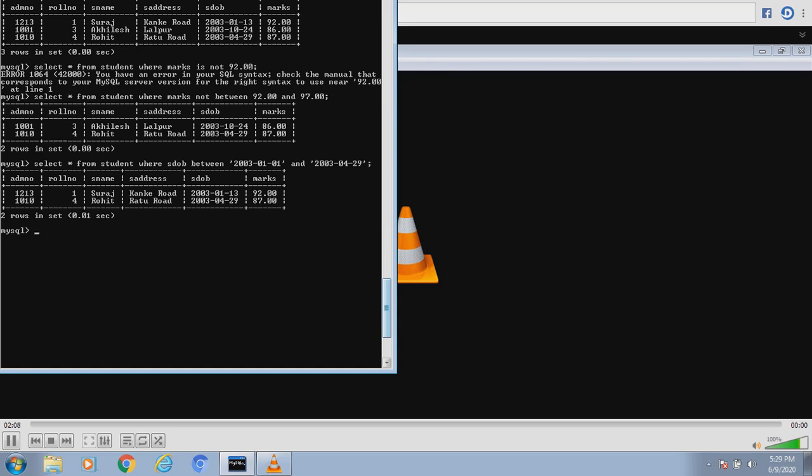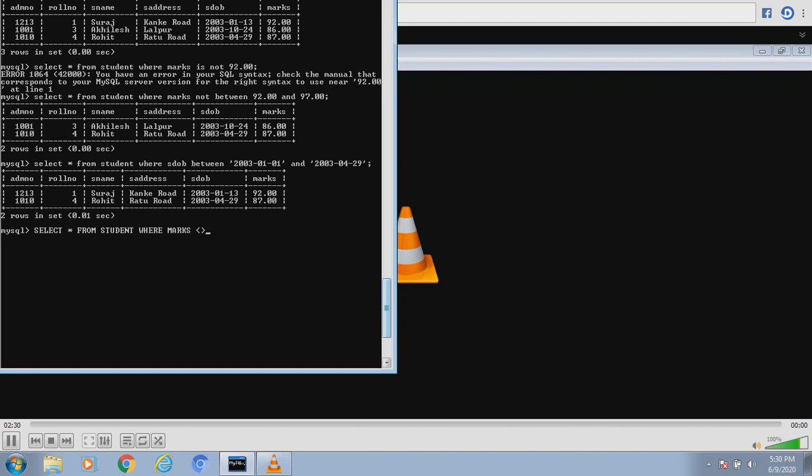Select all from, say the name of our table was student. So select all from student where, say I write where marks not equal to 92.00.